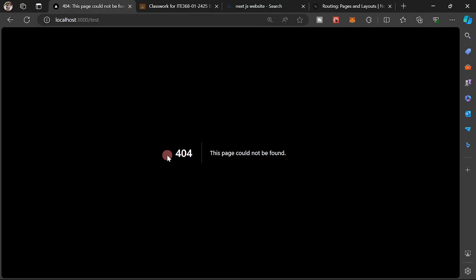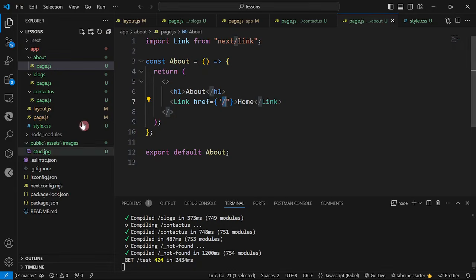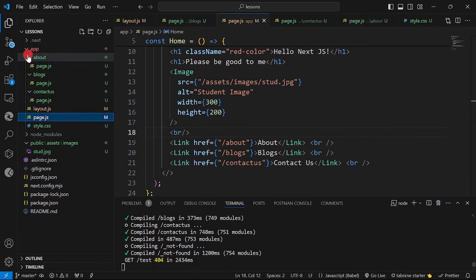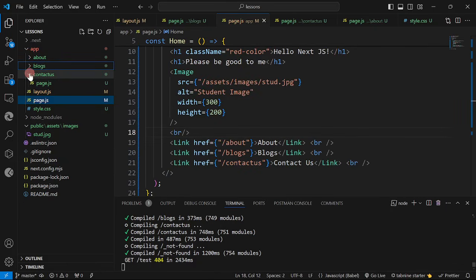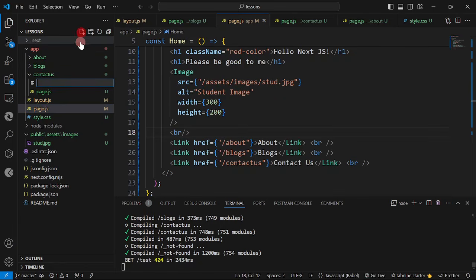Now, for example, you want to redefine or redesign your 404 page. So what you're going to do is create, on the top level inside the app folder, a file named